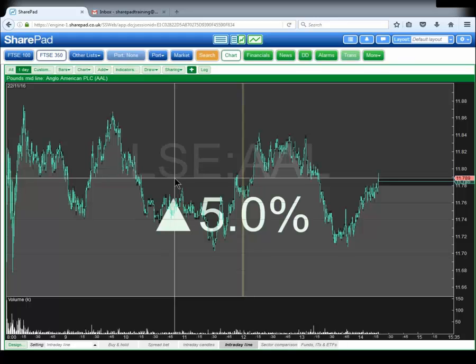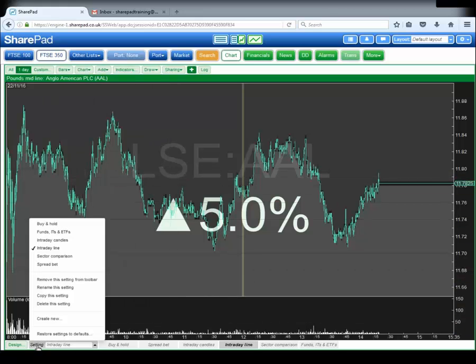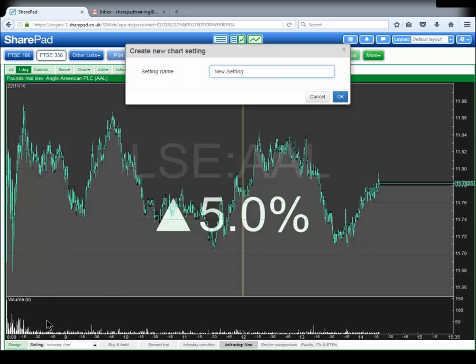So what we're going to do is create a brand new setting, and then look at how we can change it and change the different options within it to design a setting that we might want to use. So the first thing we have to do is come back down to the setting pop-up at the bottom left of the screen, and as I said before, we have various options, and the second one from the bottom we can see is create new. If I click on create new,